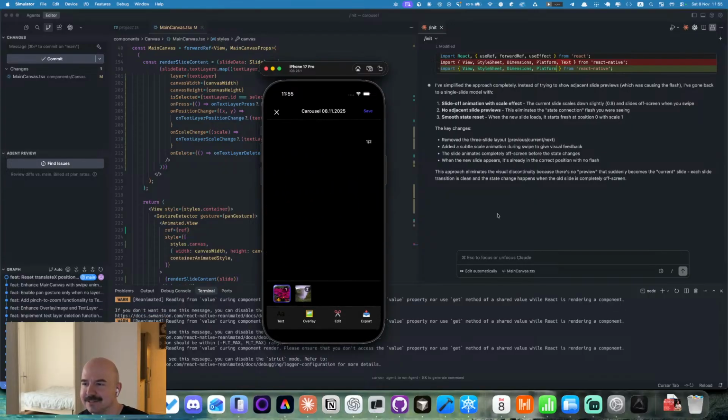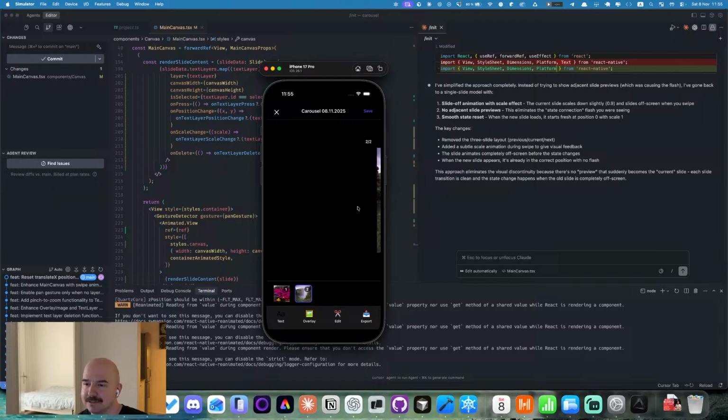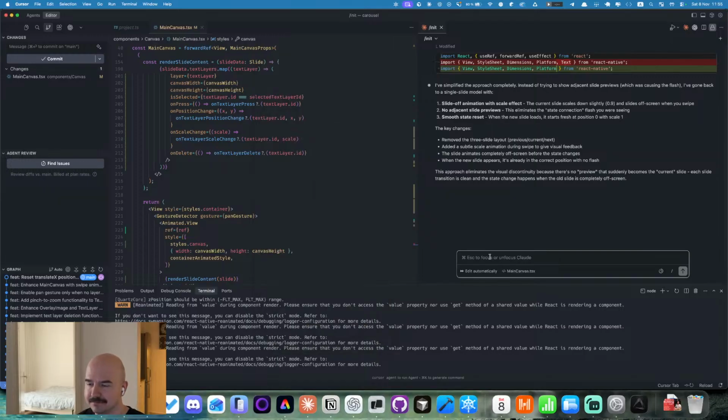It's not working. Right now I'm swiping from something to a black screen, and after some time it is loading the slide, so it's gotten worse.